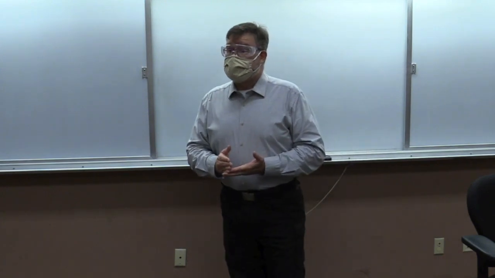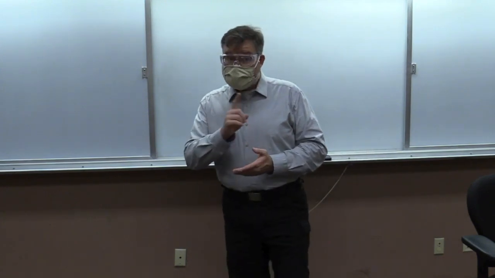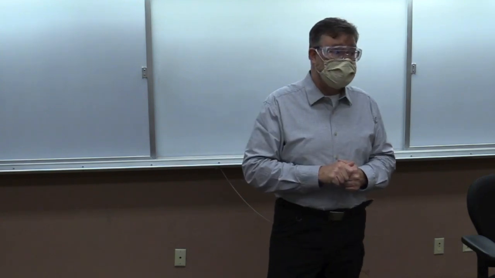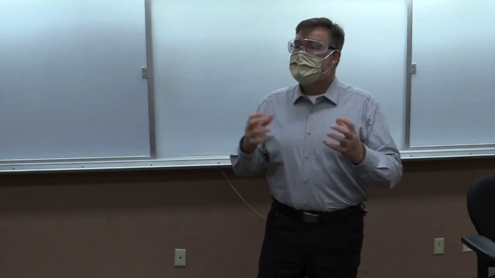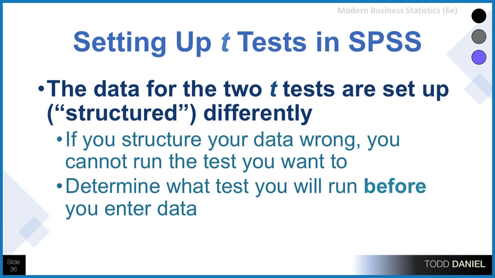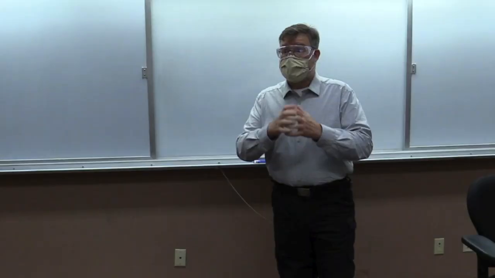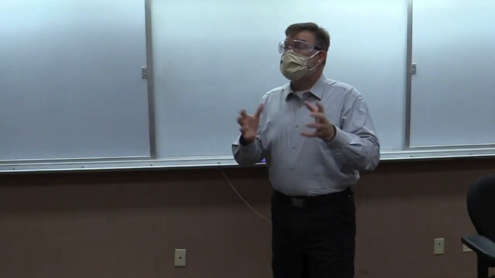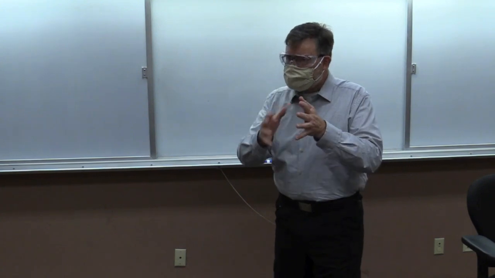But you want to be sure that you know what to do with these data, because there's something you have to do with the independent samples t-test that you don't with the repeated measures t-test. It has to do with how we set up the data. The data for the two tests, independent versus paired, are set up or structured differently. And you may have encountered this. If the structure of the data is wrong, you can't run the test that you want to run. So if you try to simply import the Excel spreadsheet into JASP and it was structured weird, it's not going to run the independent samples t-test. You have to restructure the data.